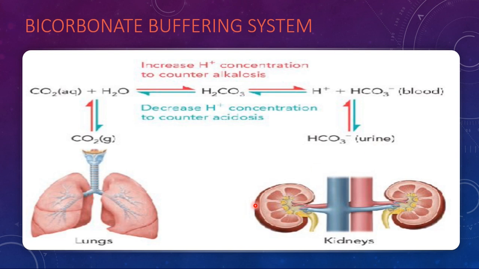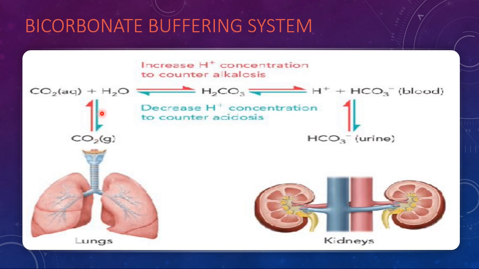Suppose you are going to have more acidosis, so it has to release the protons, isn't it? So that is happening. This is going to take the protons, and these protons are going to form carbonic acid, and that is thrown out by the lungs in the form of carbon dioxide and water. So this is how both alkalosis and acidosis are handled. What is meant by alkalosis? The increased proton concentration to counter alkalosis. That means if basic in condition, we'll add more protons. If acidic in condition, we'll decrease the proton concentration.